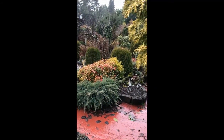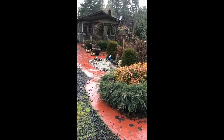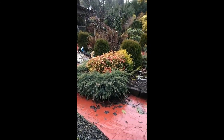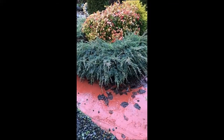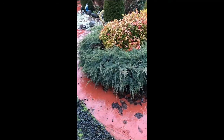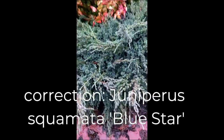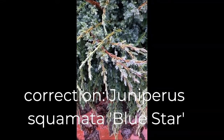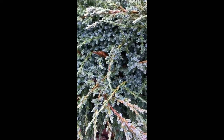Somebody did a really nice landscaping job on this little place here. Look at that. Wow, all kinds of little ornamentals. Now look at this juniper. Okay, this is a Juniperus chinensis blue star. And I just love the color on this. Look at the color on this blue star juniper. Yeah, look at that. Oh, it's a pretty guy. Different shades of blue,